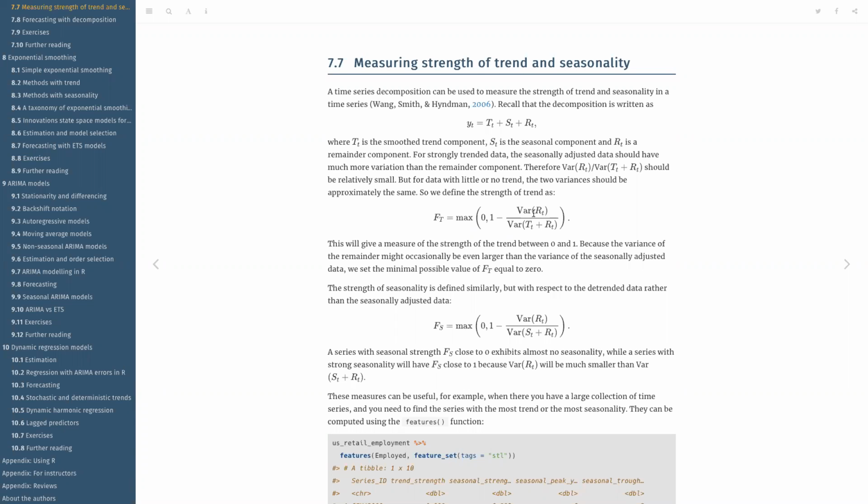One is trend, the other is seasonality, and the other is remainder. So your time series value is equal to trend plus season plus whatever remains. The trend strength looks like an R squared value. If I take out the trend, how much is left over? If there's very little left over, then the trend strength is high. If I take out the seasonality and there's very little left over, then the seasonality strength is high. Am I making sense?